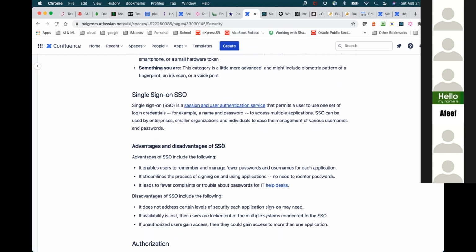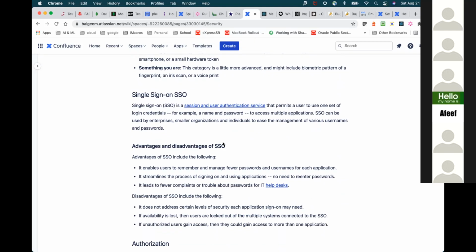So single sign-on is the solution to a problem. Let's say we are working in Oracle, and in Oracle we have many applications, and those applications can have their own authentication because they're not using some third party. They're using, let's say, their own basic authentication, or some of them are using OAuth, but maybe some different OAuth.